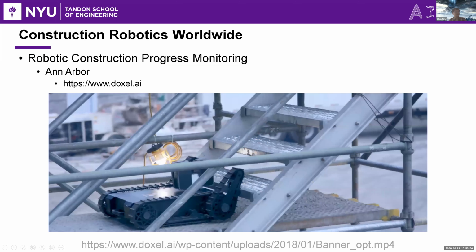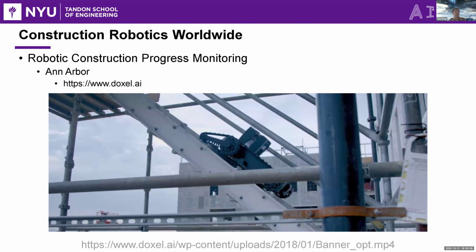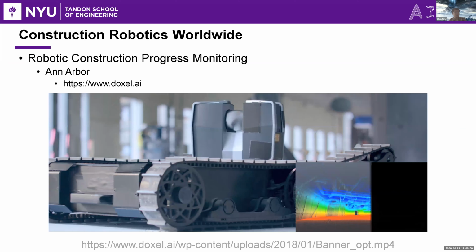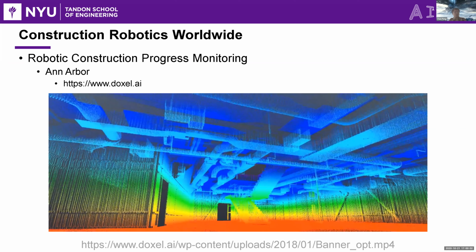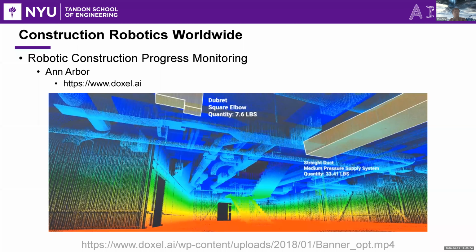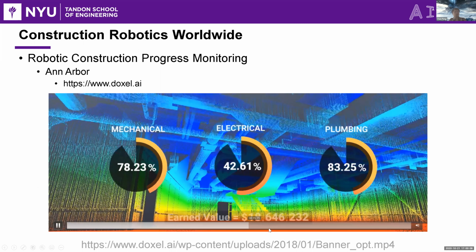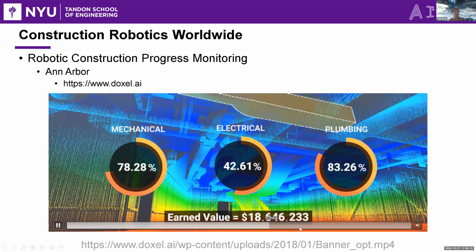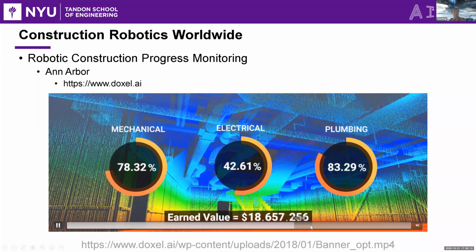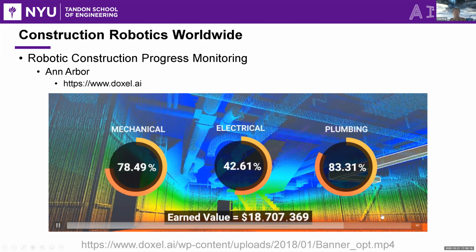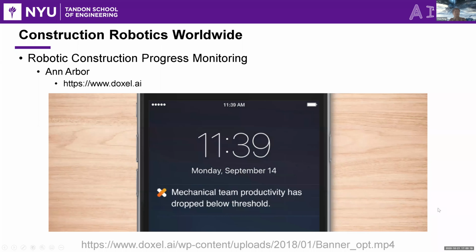And this is a startup in Ann Arbor. I think they are based in Ann Arbor, in which they install 3D laser scanners on a small mini robot and use that to scan a job site, using technology similar to what we just discussed, like SLAM, to register all the different point clouds together to create a 3D scan of the environment. And then they can do very efficient job site documentation and progress monitoring.